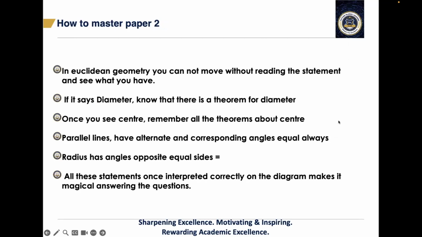Can we get to the next slide? We are almost there. Then it says in Euclidean geometry, you cannot move without reading the statement. Ladies and gentlemen, the emphasis is always placed here. You cannot answer anything in Euclidean geometry if you haven't read the statement. So the minute you see the word diameter, you need to understand that there is a theorem used by the diameter, whereby an angle subtended by the diameter is 90 degrees. Moving on, if you are told that lines are parallel, you need to understand that in parallel lines,